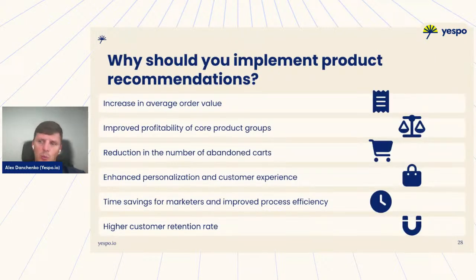So summing up, what these new product recommendations could give you as a business. So there are these several consequences that you definitely should expect. So it's increased average order value because we will recommend products to those who people already bought, and we will complete the picture. You can expect improved profitability of core product groups because we will be smartly offering people the products they are looking for, but probably don't see on your website because they are hidden, because there's a lot of different colors. We will have it solved.